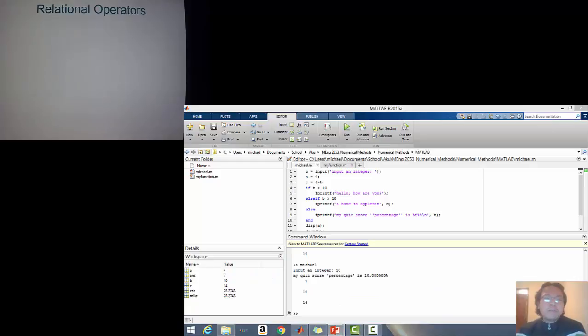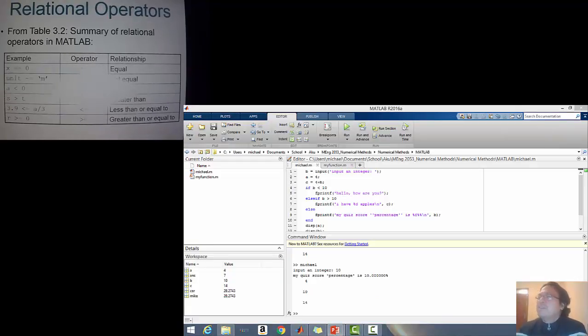Relational operators. I think we already tried that one. B less than 10, greater than 10. So these are the things. X is equal to 0. Remember, double equals 0, not only one equals 0, because if you write x is equal to 0, you assign variable x to 0. But if you put x and then double equals 0, it means that you are testing whether x is equal to 0. So the output here is only 1 or 0. Okay,